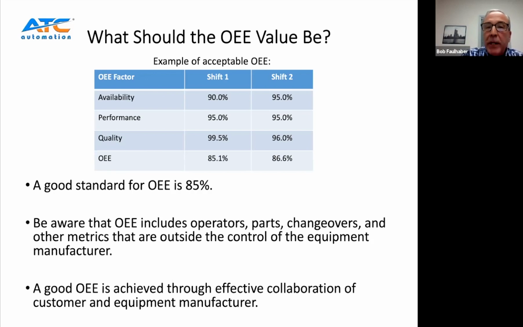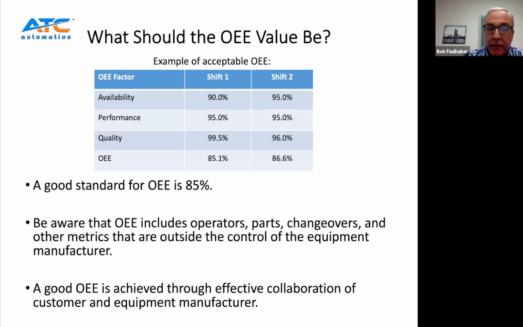There are some things we have to be aware of, and it's an important part of this calculation: there are a lot of variables that affect this calculation. Even though the calculation is very simple, operators, parts, changeovers, and a lot of metrics that may not necessarily be within the control of the equipment manufacturer are also part of this